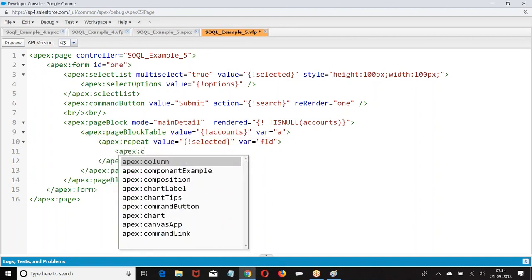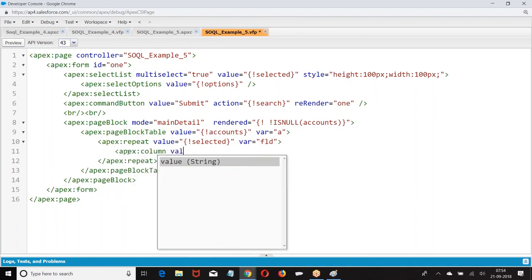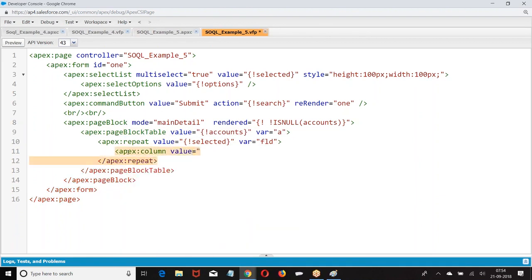Then give apex:column, value equal to the record A's field. So A is the first record, FL is the first field, second field, third field. Completed? Go to the second A: field 1, field 2, field 3.